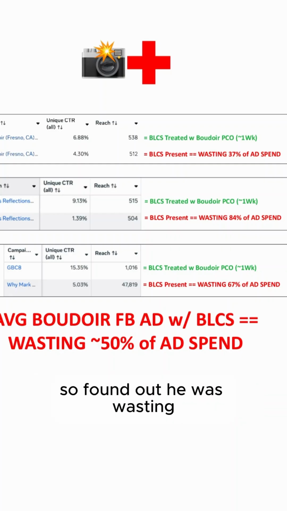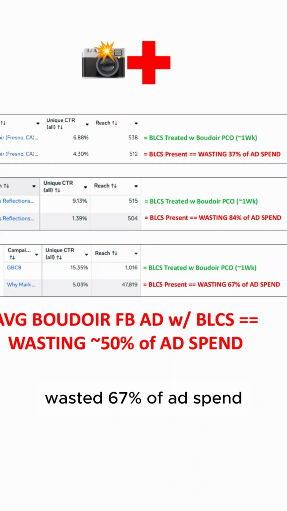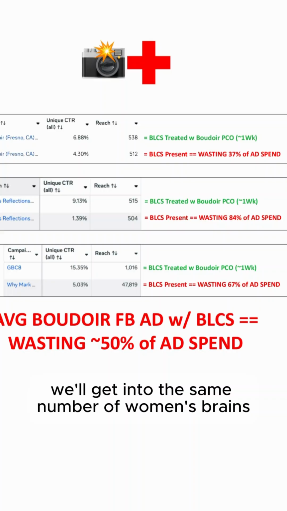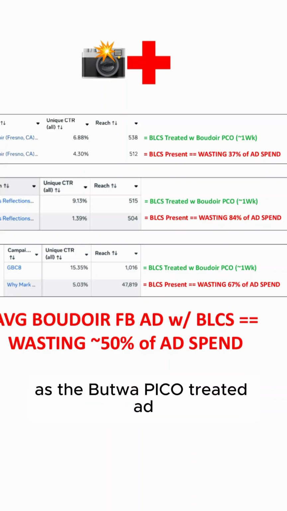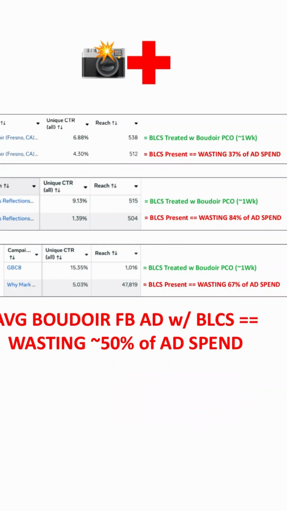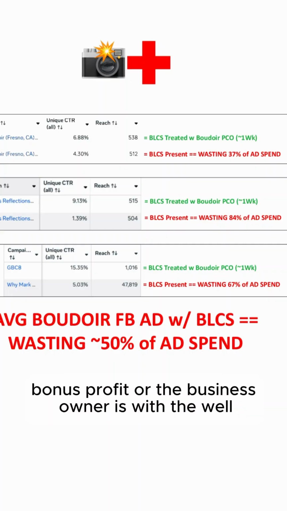So found out he was wasting 67%, or at least the original Boudoir Facebook ad was wasting 67% of ad spend. So the original Boudoir Facebook ad had 10 grand a month. We'll get into the same number of women's brains as the Boudoir Pico treated ad, spending only 3,300 bucks a month. So that whole difference, we're pocketing that difference as a bonus profit, or the business owner is, the boudoir photographer is,